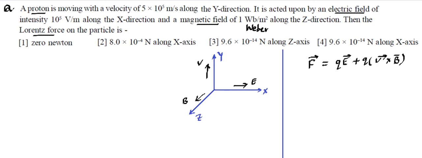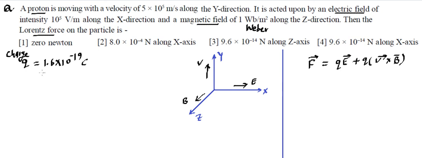So here what we need to do, we need to use the vectors. This is one vector which is Q into E. E is given as direction X, so it's i cap. And Q is given to us, V is given to us, B is given to us. We need to find V cross B by doing the cross product. Then we need to add these two vectors to get the final answer. Making sense? Now let me give you quickly the quantities that are given to us. Here Q is the charge. It is written as the proton's charge e, which is 1.6 into 10 raised to power minus 19 coulomb. This is the charge on a proton and it's positive.